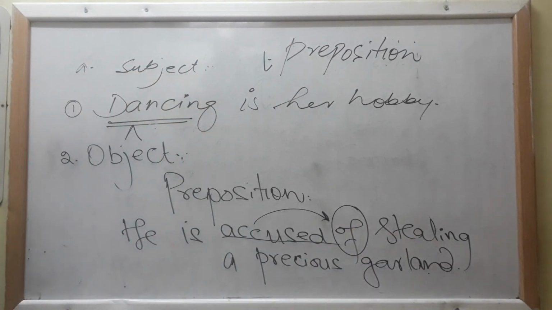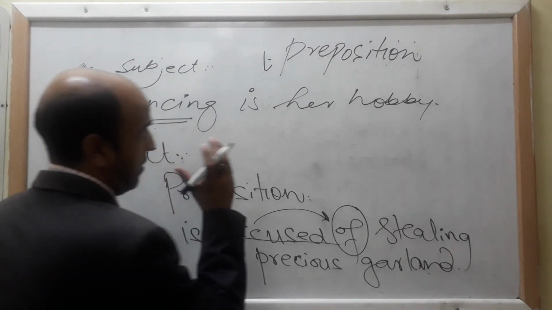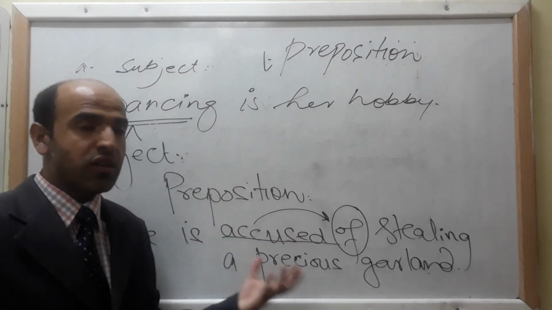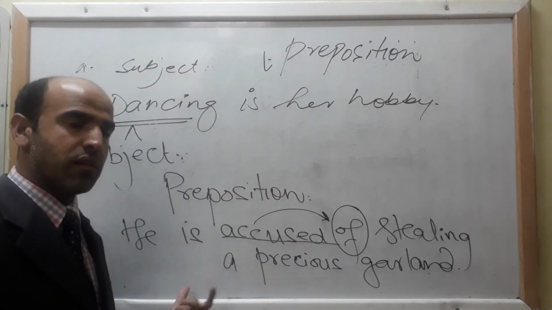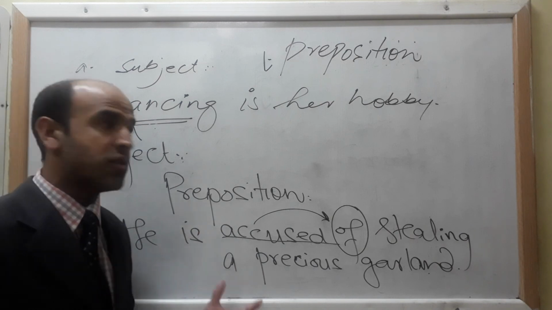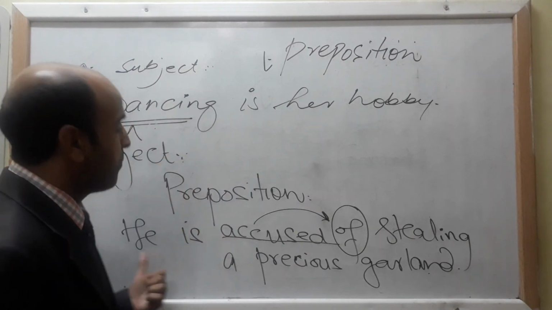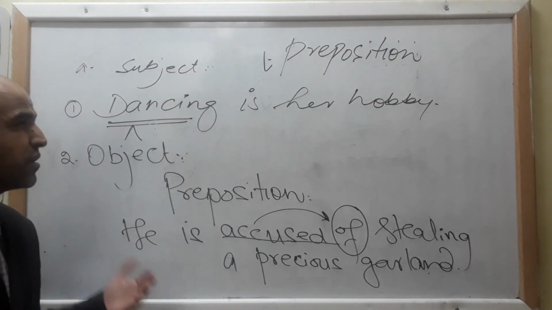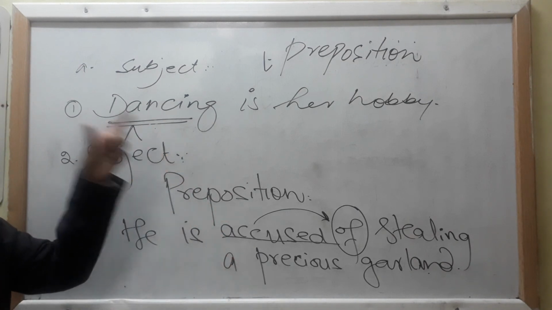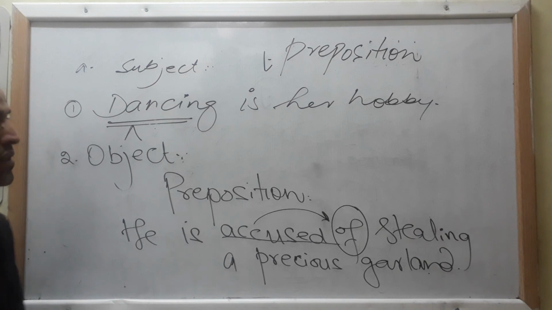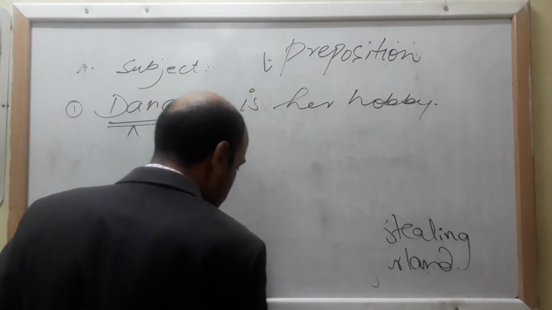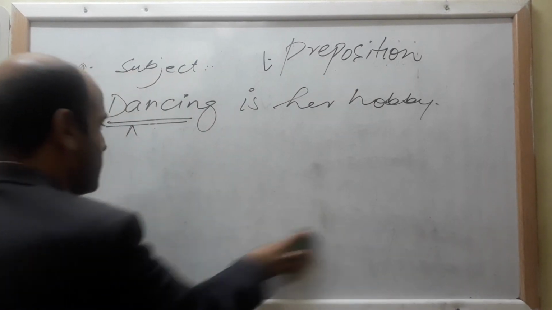V1 plus ing. So this is something that I have in my mind to present before you. We have talked about the gerund, its formation, and the differences between participle and gerund. Then I told you the various uses of this gerund. Now the last one: I give you an example of participle used as an adjective in a sentence.